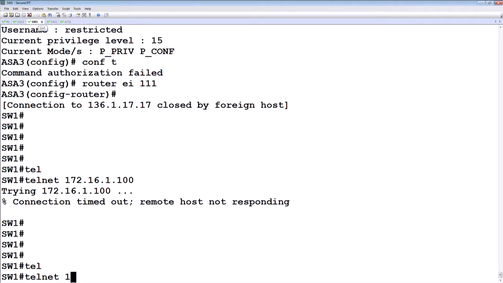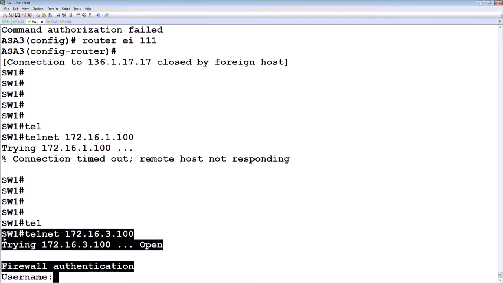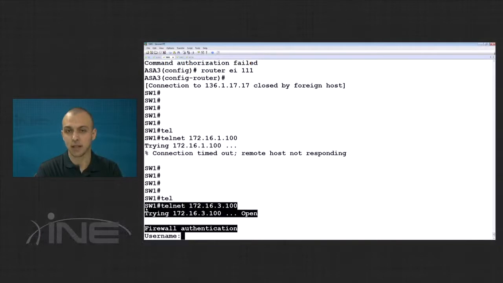So I'm going to say telnet 172.16.3.100. It says firewall authentication. This means that at this moment my configuration is correct. So basically I'm telneting to ICE1, but router 1, based on my config, transparently intercepted the session. It forces me to authenticate before being allowed access to the network, and the authorization will be received from the